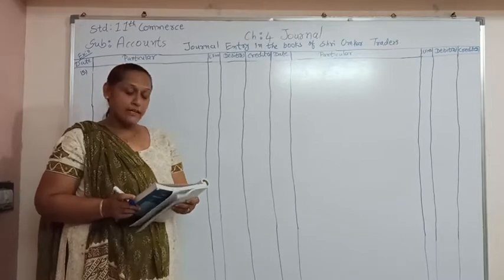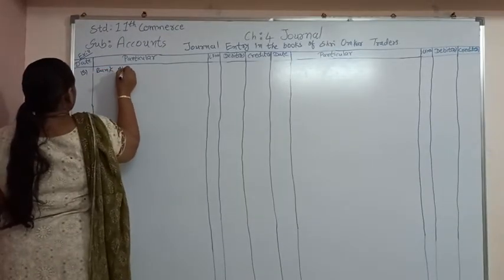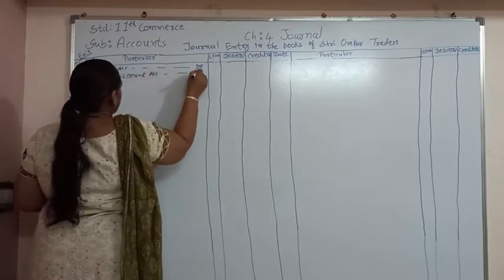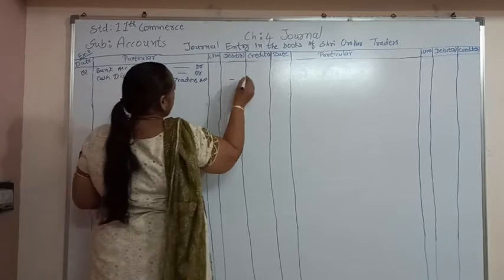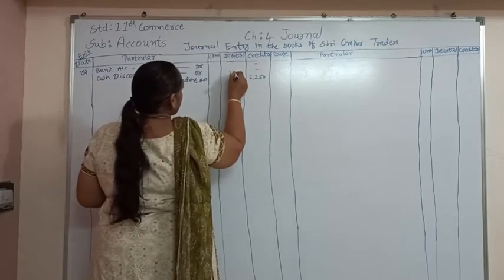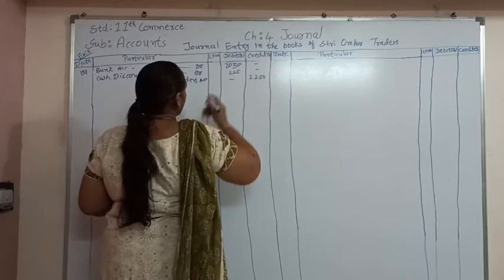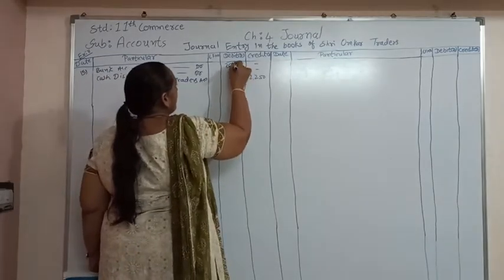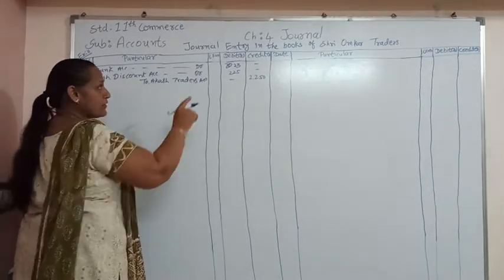So bank account is going to be debit, cash discount account debit, to Akash Traders account. Here he has paid half of 4,500, that will be 2,250, and on that he is going to get the discount of 225. So he is going to pay us 2,025 rupees. So here through bank we are going to get the check of rupees 2,025. Okay. So here bank account debit by 2,025 and discount account 225 and